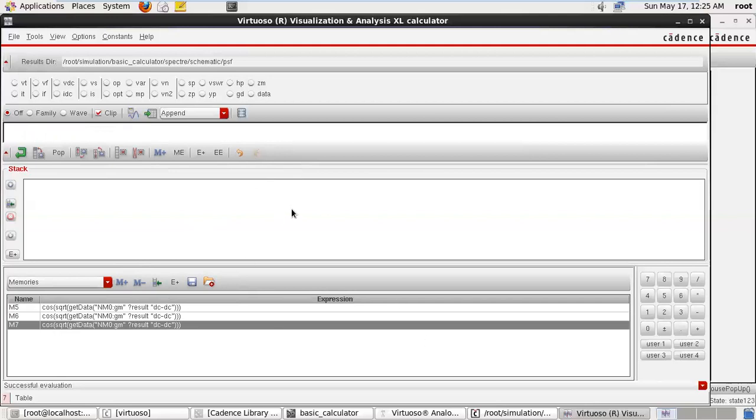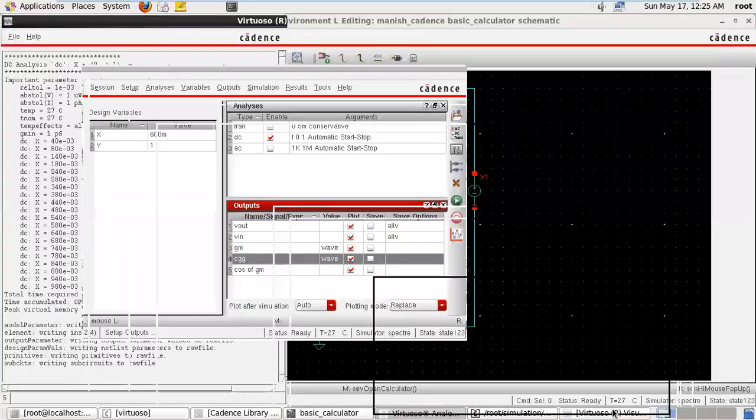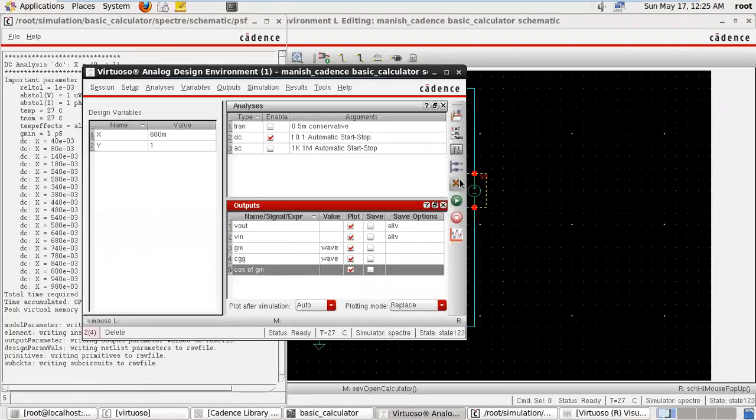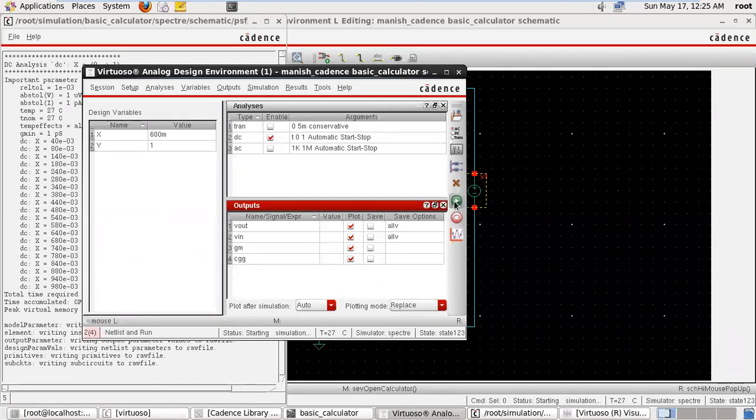Okay, last expression. Now we are clearing the data. Suppose we are deleting this cosine function. One more time we are running the simulation.